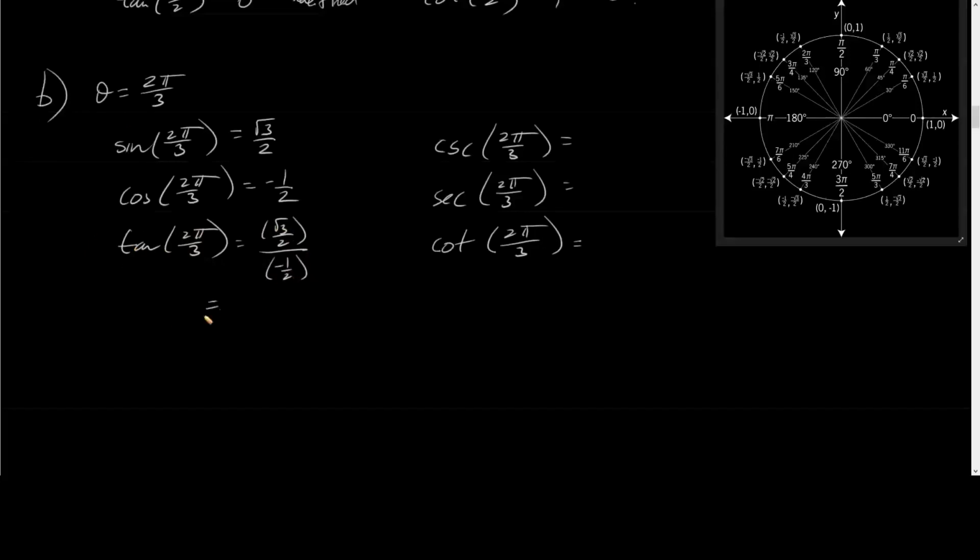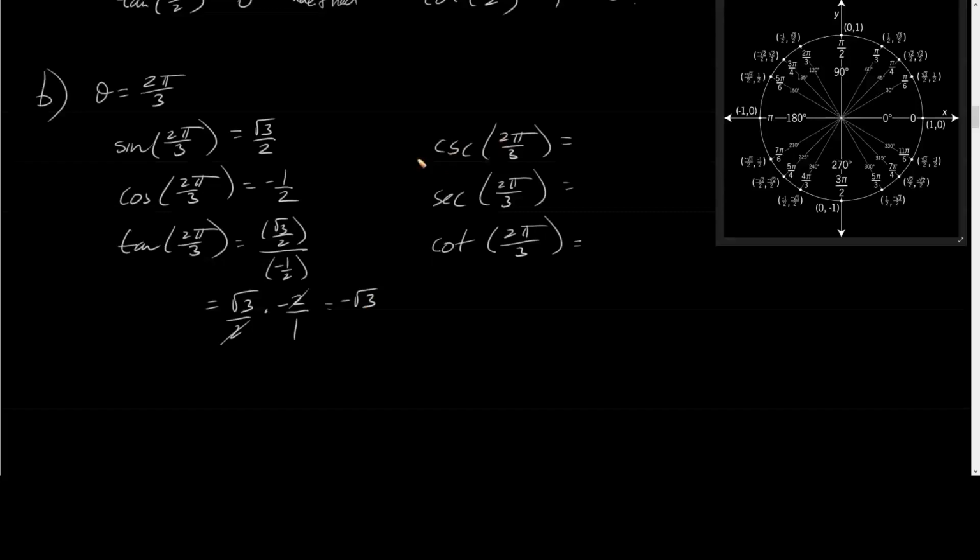And then at that point, if I'm going to take a fraction and divide it by another fraction, that's the same thing as multiplying by the reciprocal of it, right? And we would see here that the 2's cancel each other out. So our answer is negative radical 3. All right. Now, for the rest of these,